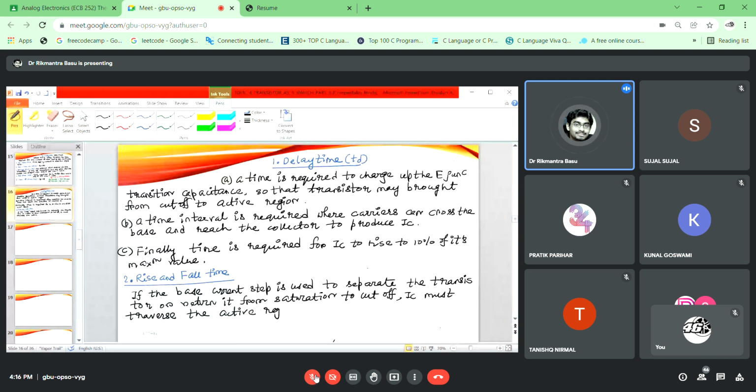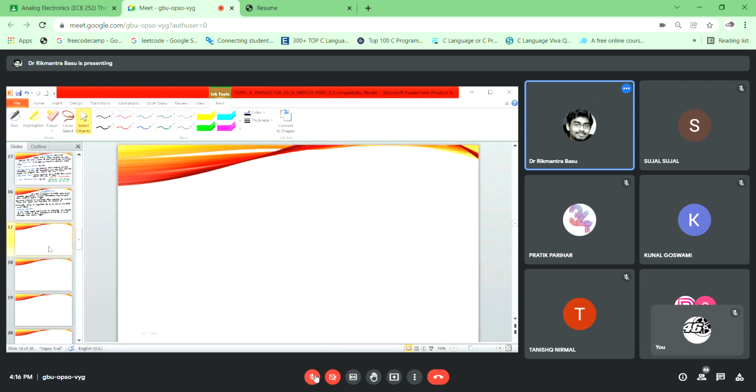Whatever best design we can opt for, it is very difficult to bypass the active region. So there will be some intervention of the active region, which gives the proper hindrance in the rise and fall time. Moreover, IC increases or decreases